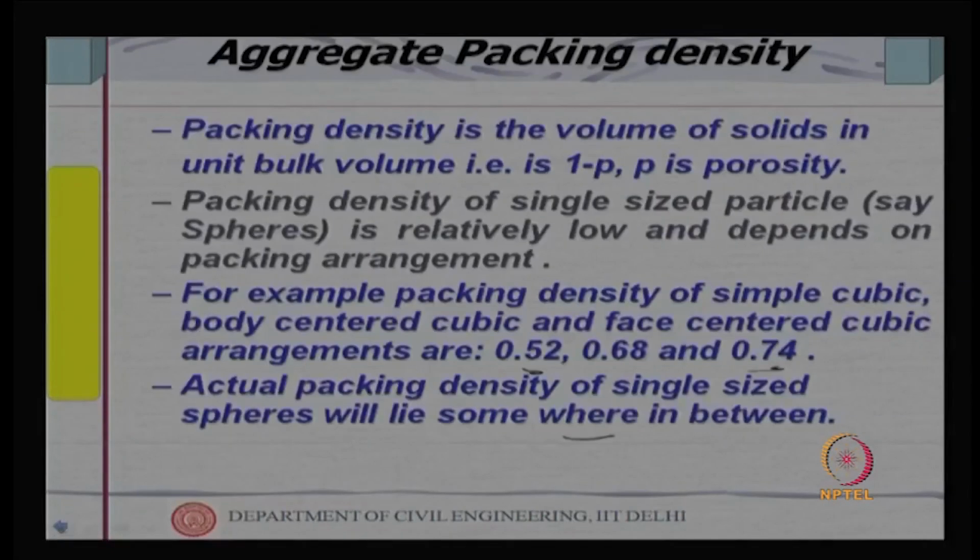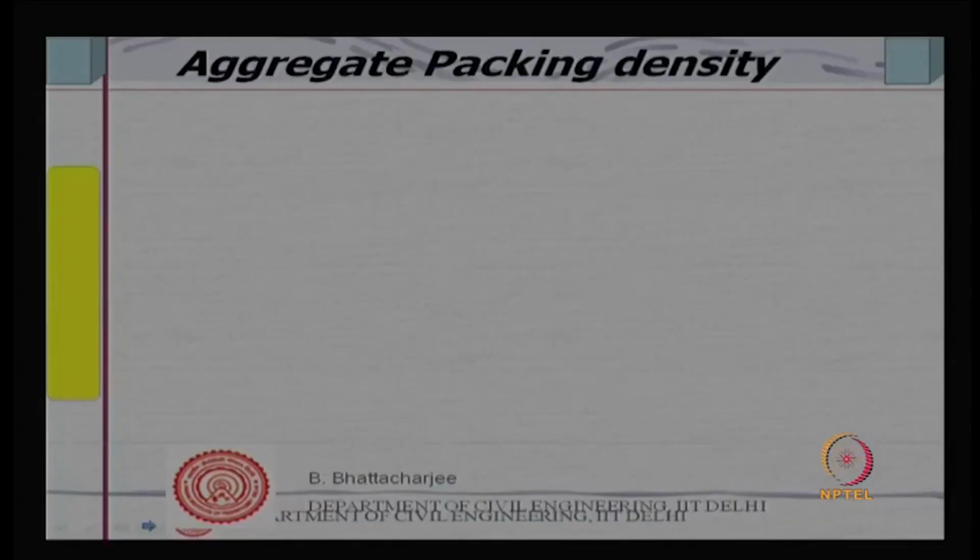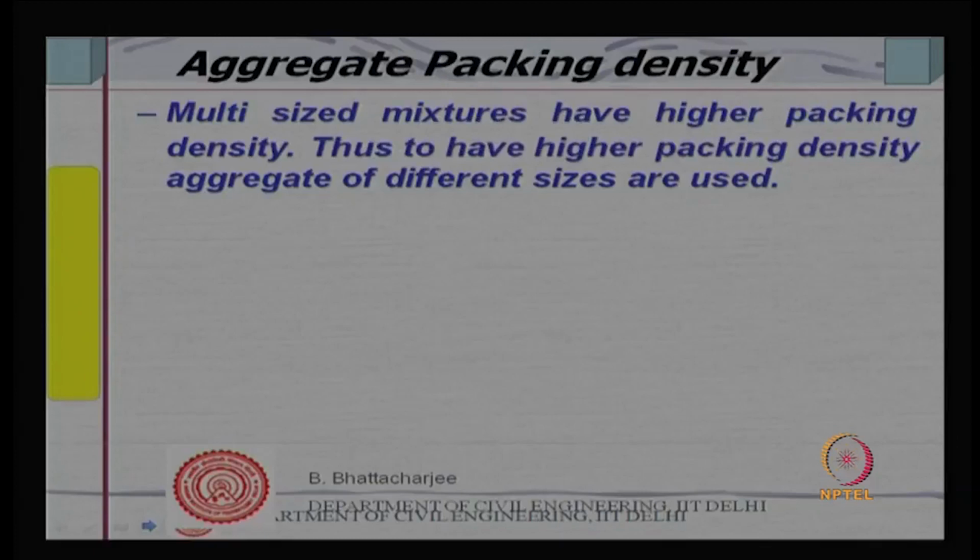That is why, if you recall, we defined for rounded aggregate the packing density as 0.67, when we were talking in relation to shape. So, to define shape we used an angularity index, where we used the packing density as 0.67. However,